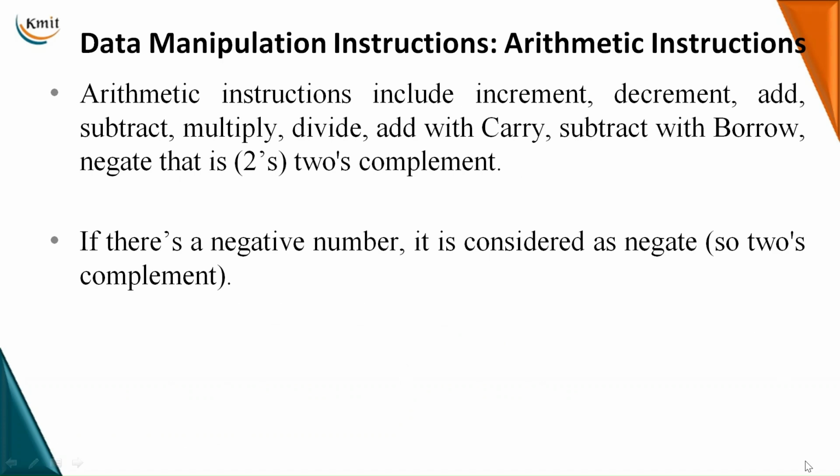So coming to arithmetic instructions, the arithmetic instructions perform operations such as increment, decrement, add, subtract, multiply, divide, add with carry, subtract with borrow, negate. Negate is nothing but two's complement. So all these are nothing but arithmetic operations. These arithmetic instructions perform these types of arithmetic operations. If you want to include a negative number in your operation, it is considered